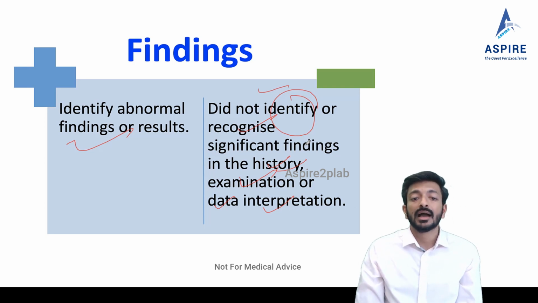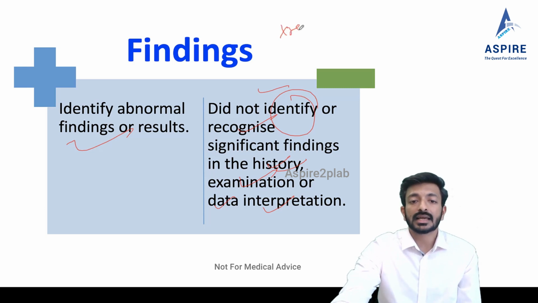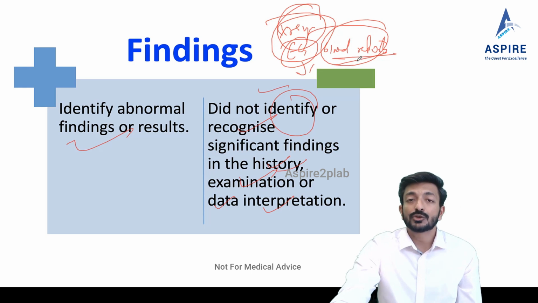What does it mean? And there will be some data interpretation, meaning in some of the stations you might get things like an X-ray, or ECG, or some blood reports as well. When you have got these, you should be able to interpret them. If the ECG has some finding, maybe ST elevation or depression, you should know it is MI. If in an X-ray they have given you a mass, for example, you should know what the meaning of this mass is. Blood reports, for example, they have given you LFT, liver function test, or kidney function test, urea, creatinine value, diabetic, like HbA1c value, any value.